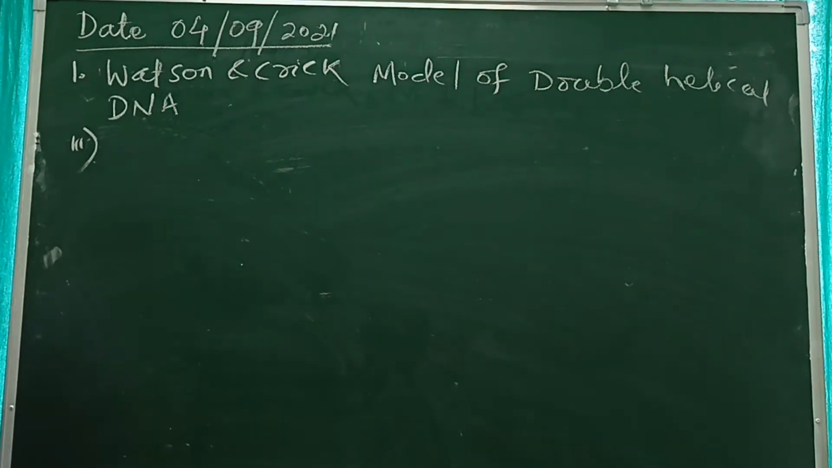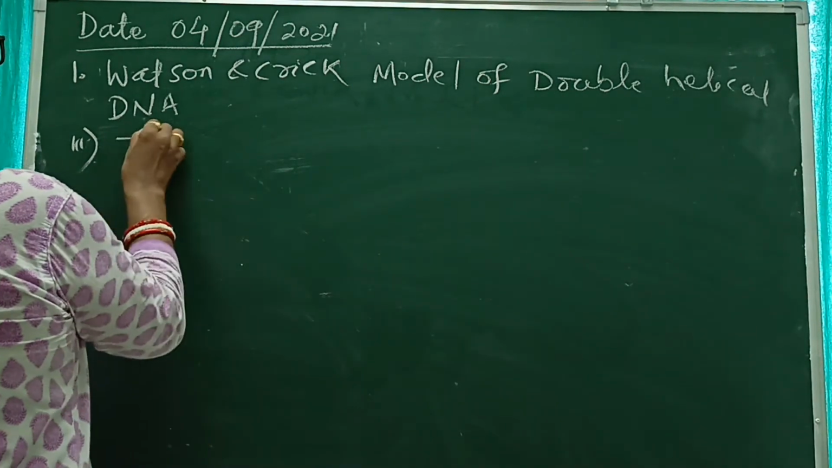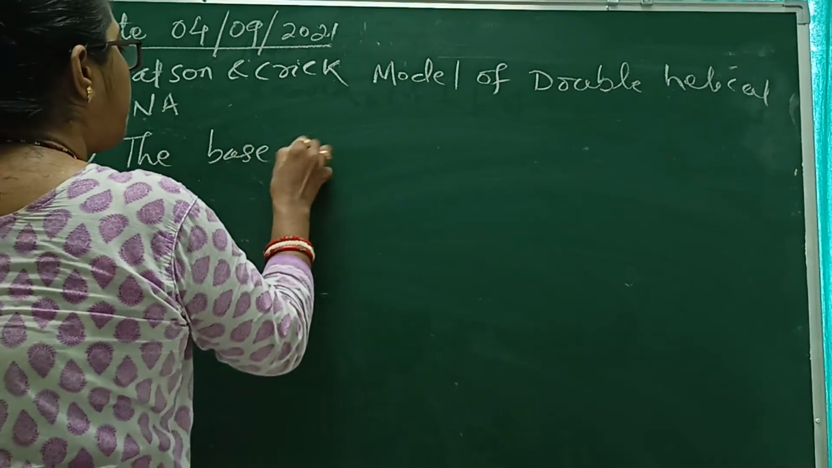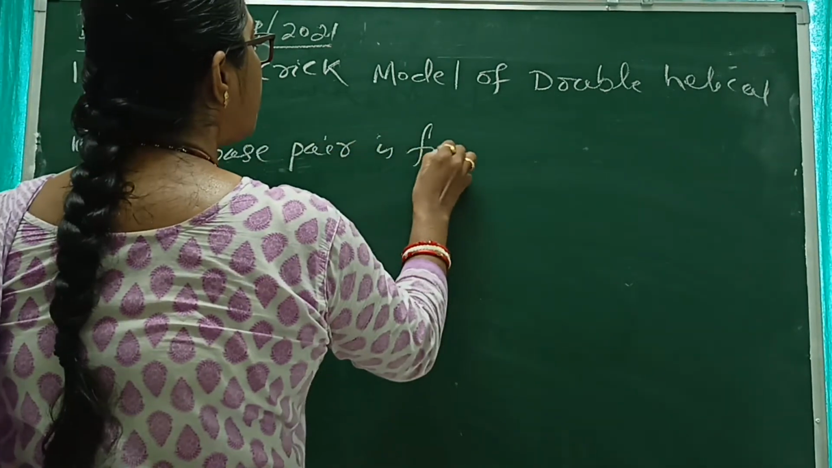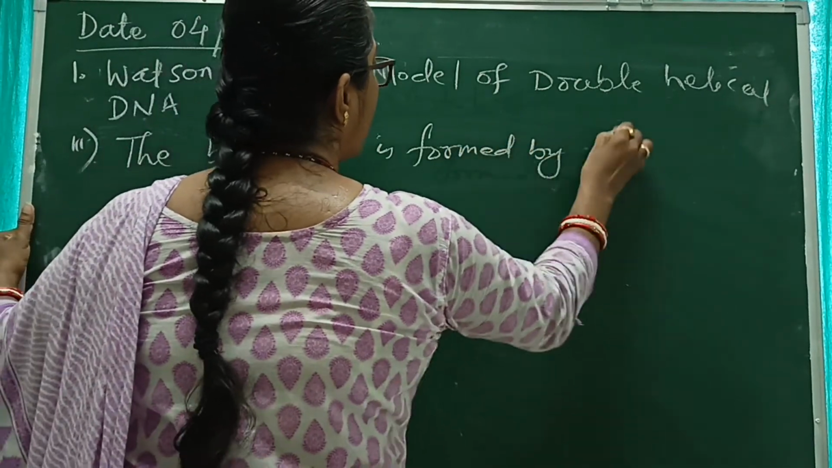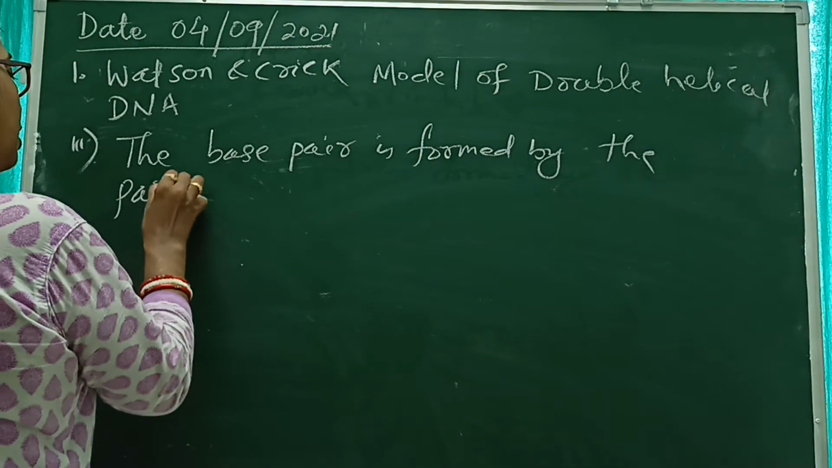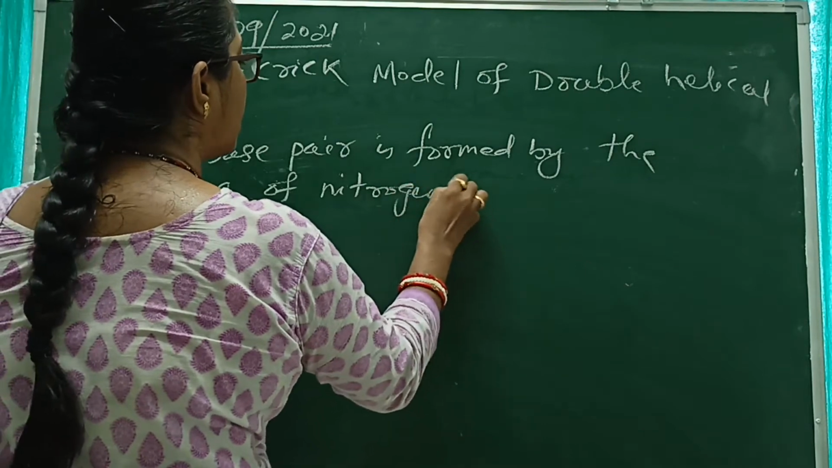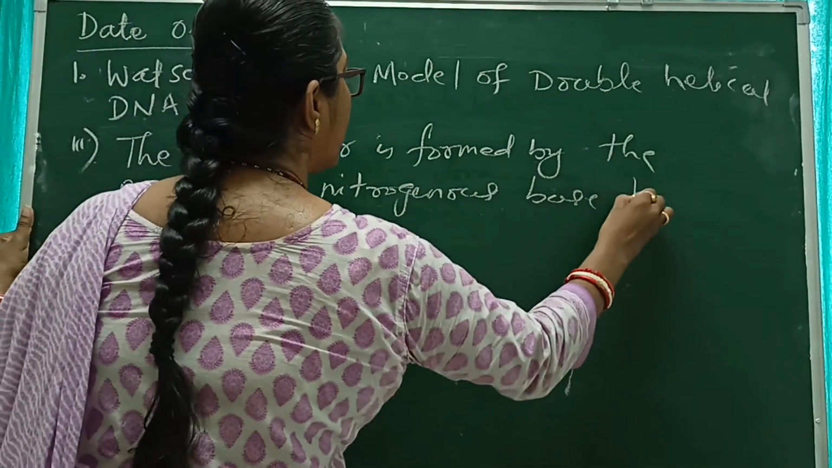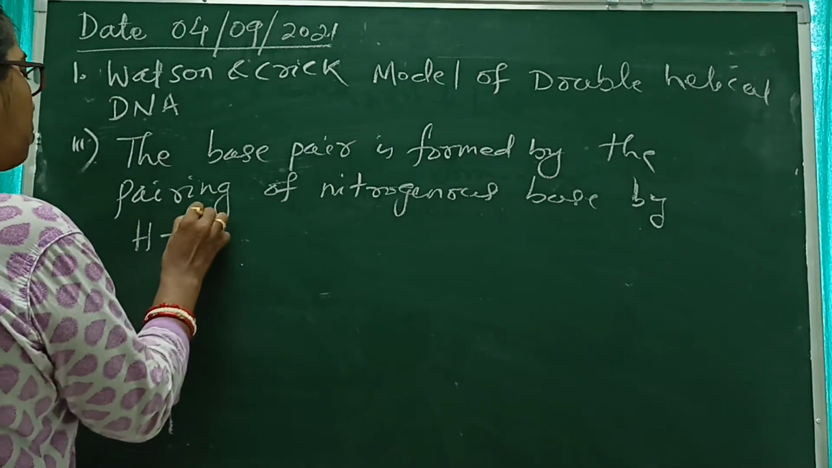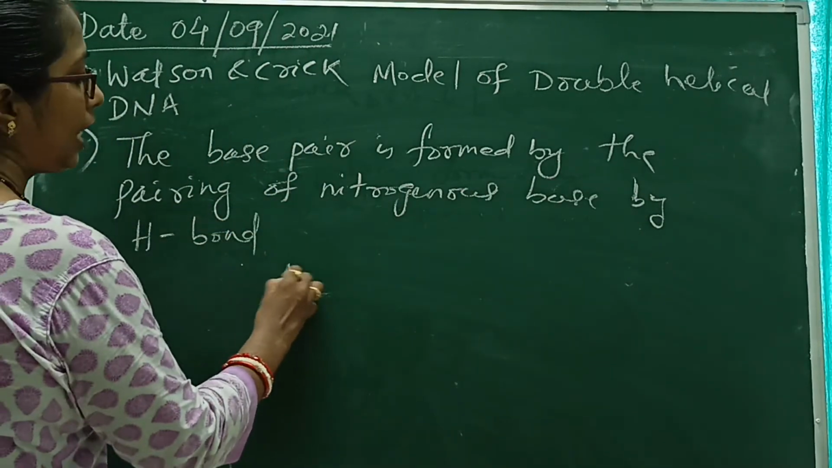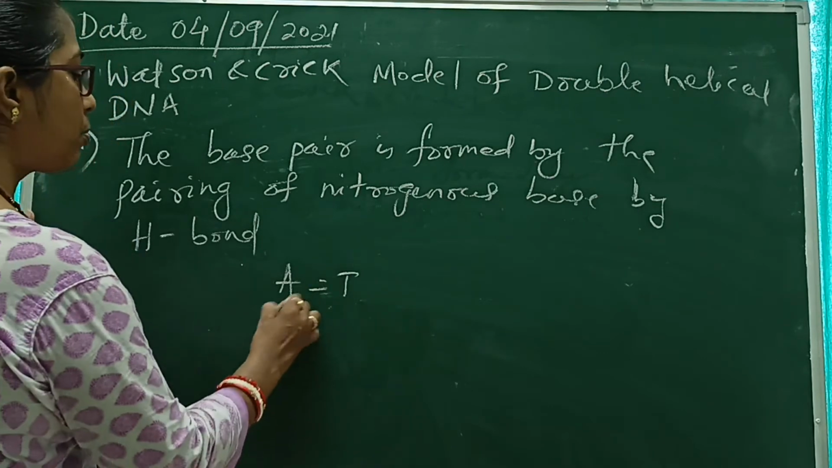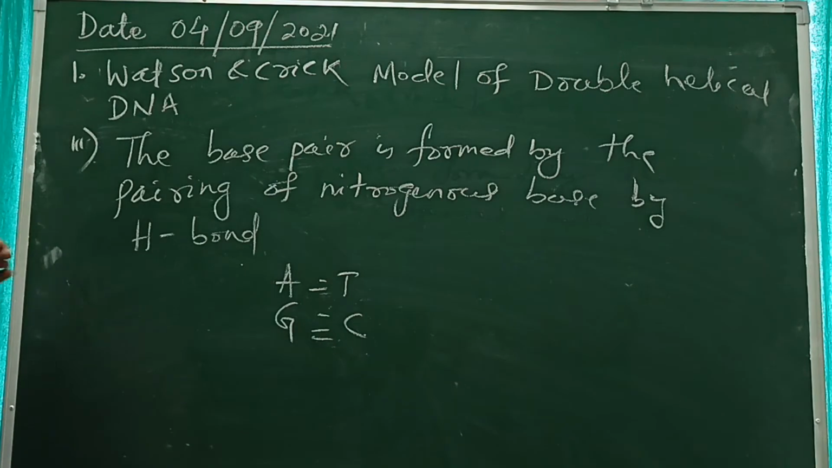The third point is that the base pair is formed by the pairing of nitrogenous bases by hydrogen bonds. हम आपको बताए थे A pairs with T by 2 हाइड्रोजन बॉन्ड, G pairs with C by 3 हाइड्रोजन बॉन्ड. ओके, सो हियर